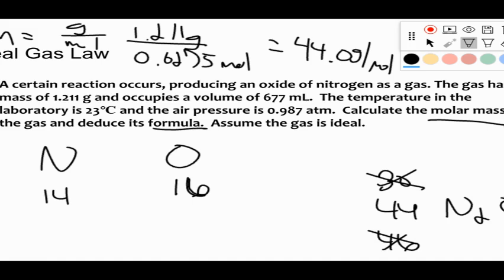And the way I know that is by process of elimination. If it tells you that you have an oxide of nitrogen, we know that it has these 2 elements in it. An oxide tells me that that is my second element in the compound. And so then you're going to plug it in and just start process of elimination, figuring out how many of each do I need. And so it is going to end up being N2O because it has a mass of 44, which is the same as my molar mass of this oxide.